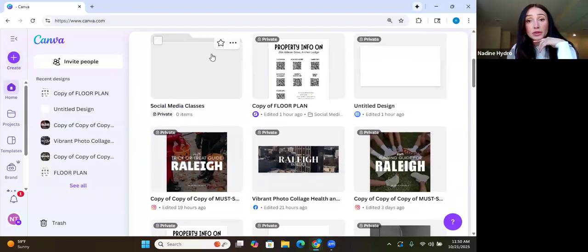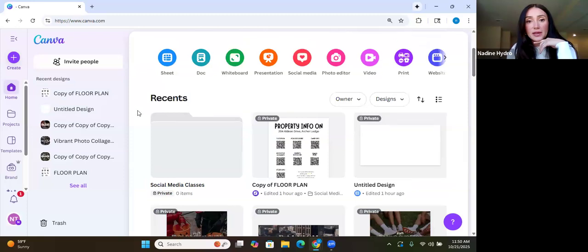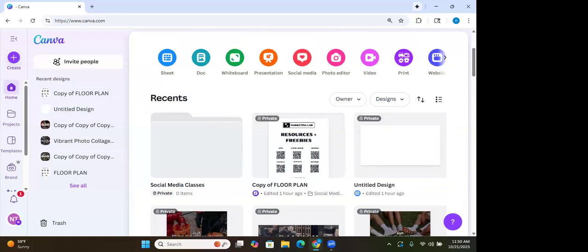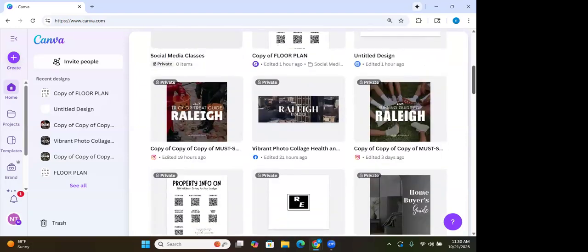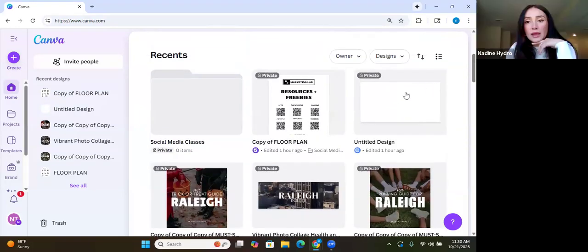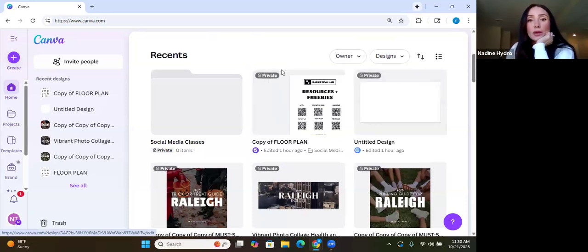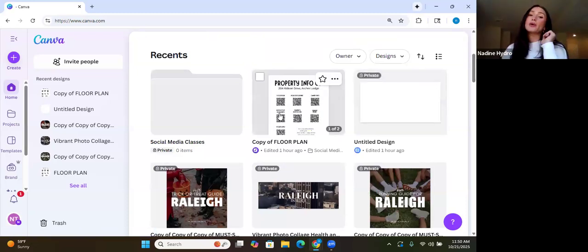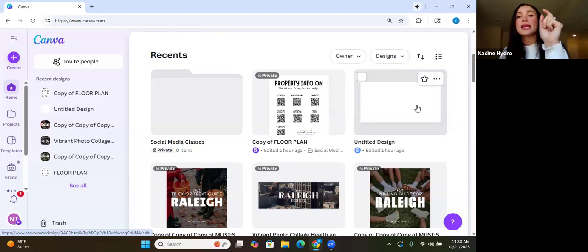And here's my new folder, and it looks like a folder. You see how this looks like a folder versus this, that's just a post. Are trying to stop the inevitable. Now, what I'm going to do is you see how I move my mouse over these projects and it gives